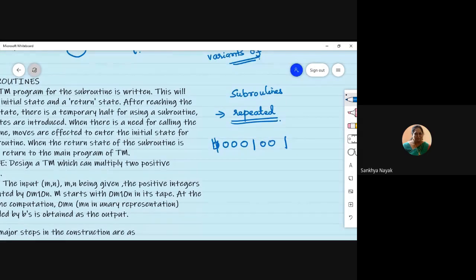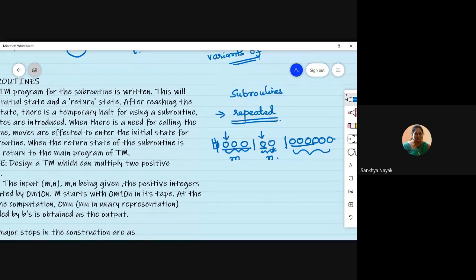Something like this. So this they are taking as M and this they are taking as N. The result they are going to store over here. So the result will be 6 zeros, isn't it? So for 1 0 over here, you are going to repeat this entire thing over here. Similarly, for the next 0 also you are going to, or vice versa.